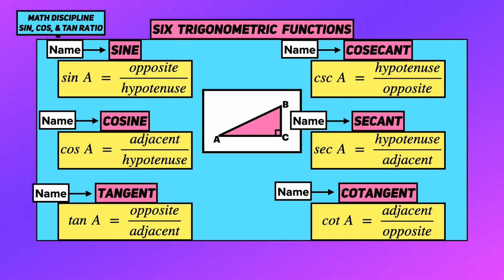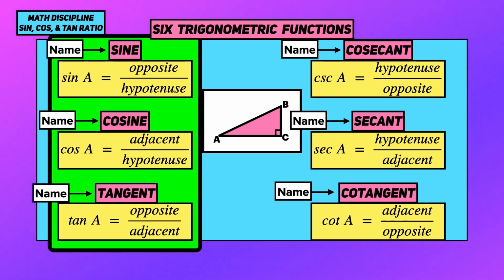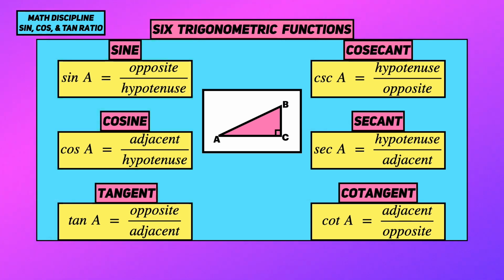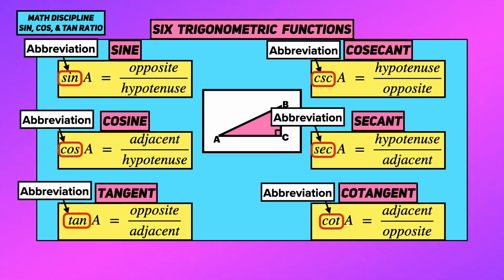In this lesson, we're only going to be focusing on the first 3 trigonometric functions: sine, cosine, and tangent. But you'll be able to easily understand cosecant, secant, and cotangent by applying the same exact concepts that you'll learn in this lesson. In math problems, you're usually going to see the abbreviations of those names. So the abbreviation for sine is SIN, cosine is COS, tangent is TAN, cosecant is CSC, secant is SEC, and